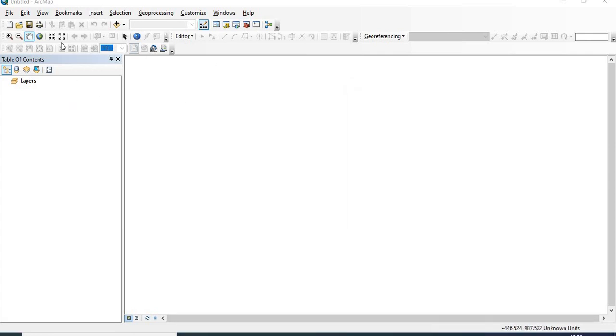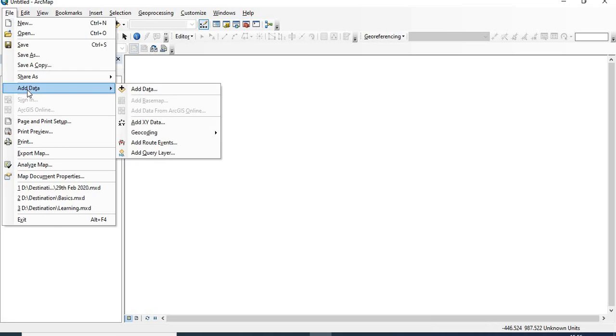And now what you have to do is go to this file and click on add data and then add XY data.